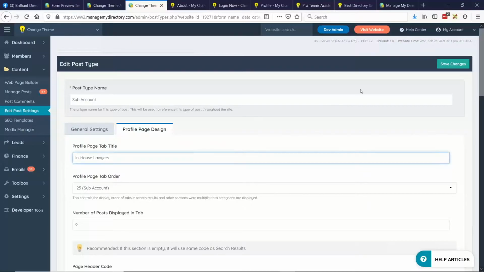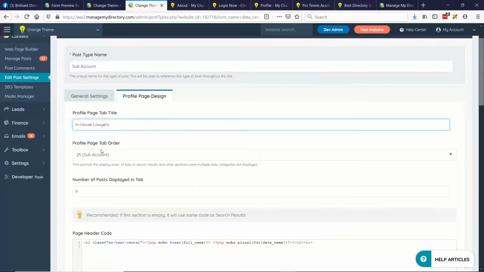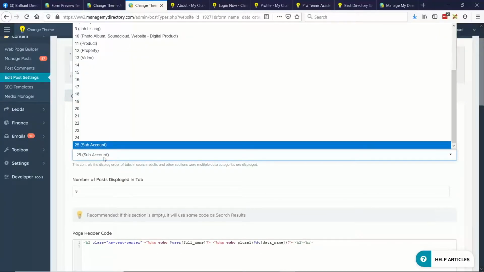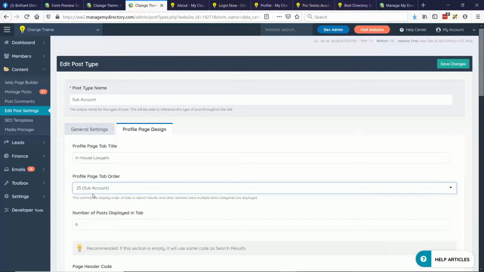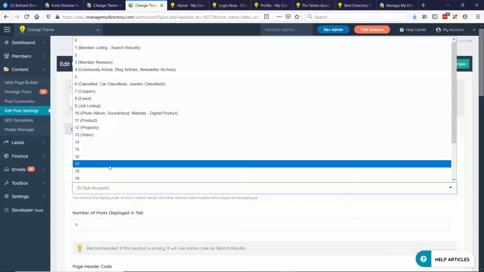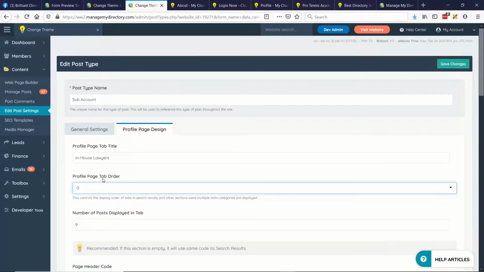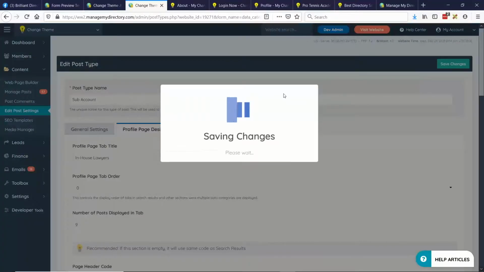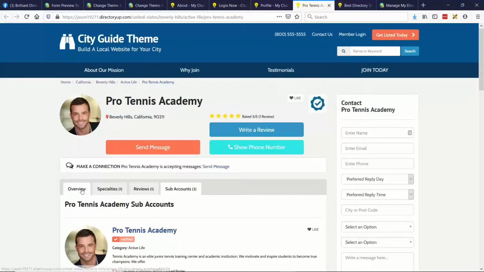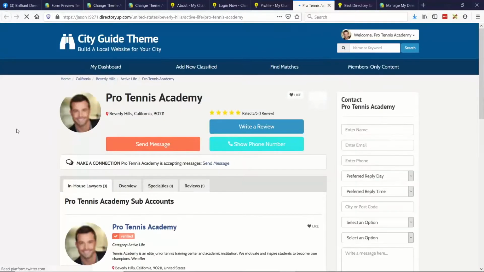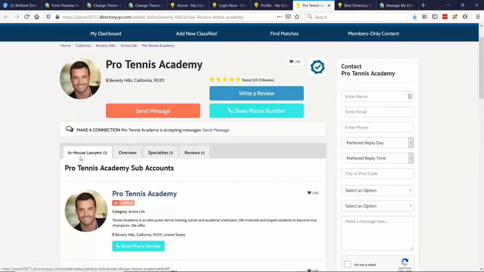All right. And you can also choose the tab order, so you can choose the order of tabs on profile pages. Fun fact, if you don't know it, by default it starts on the overview tab, but for all your different post types like coupons, events, the overview tab, sub-accounts, you can choose what shows first. Let's move this to a 0 spot. If there are 2 items with the 0 spot, that's the first spot, and it'll then go in alphabetical order. Let's check it out here and see if it overtakes the overview. Yep, there we go. Now we can see that's the first spot.